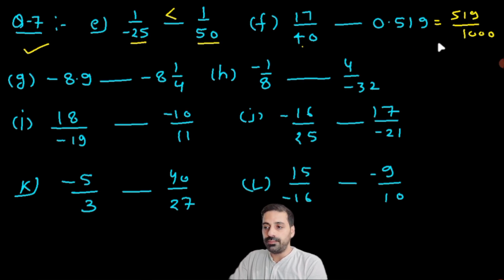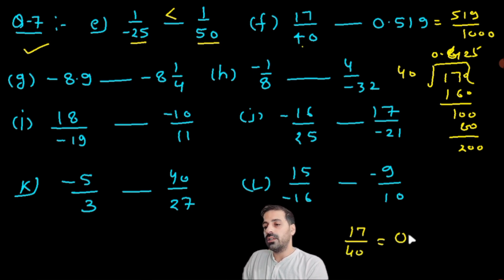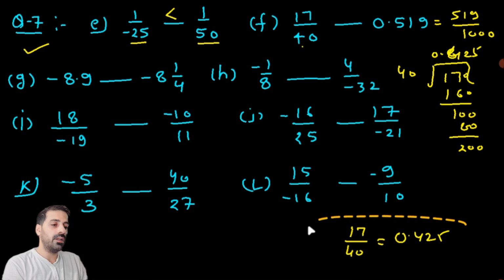Is 1000. So now try to find the values, because what we can do here, 17 can be divided by 40. So we just apply the decimal and apply 0 here. Then 8 times we have to apply, not 8 times, 4 times. So 4 times we have 160. 10 is remaining, again 0. So how many times? 2 times. So we have 80, again 20 and 0, and this time I have 5 times. So you can say that 17 upon 40 is equal to 0.425. And the second number is here, beta.